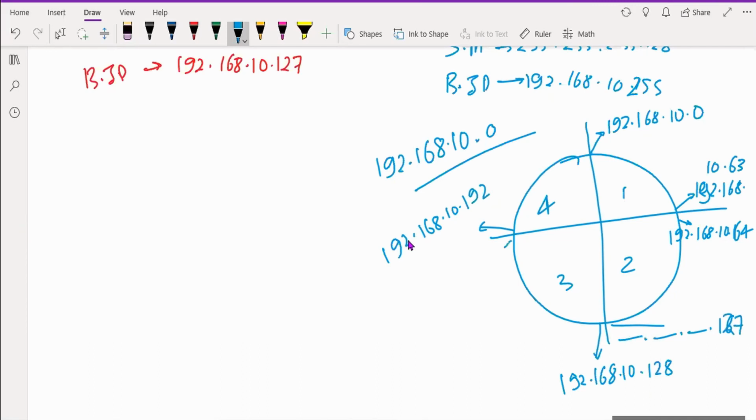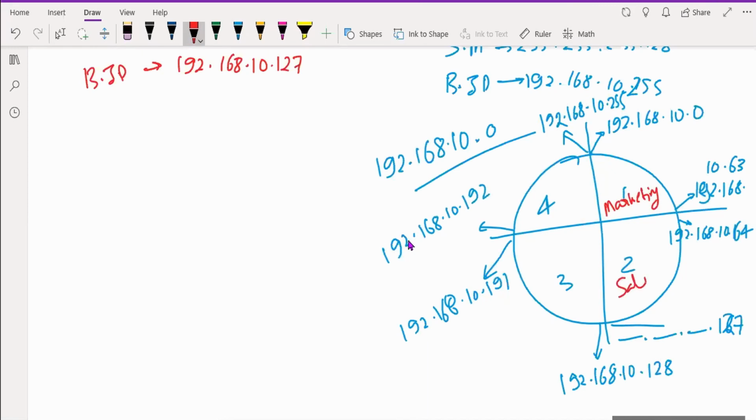Okay, and this one will be 192.168.10.191, and this final will be 192.168.10.255.